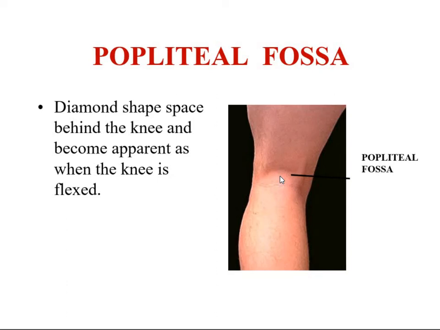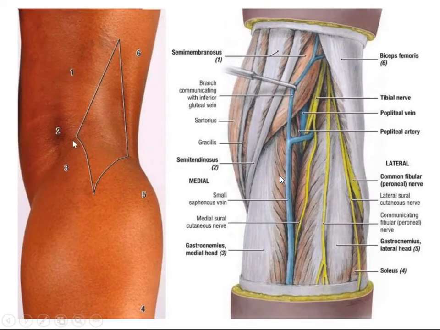You can all see this is the posterior aspect of your knee joint. Posteriorly, there is a space which is diamond shaped behind the knee, which overlaps your popliteal fossa. On the posterior surface of your leg, you can see a diamond shaped area. This is your popliteal fossa, and it will look like this when you take off the skin. These are the superficial veins, then the nerves, and then we have the muscles. We will be dealing with this area today.